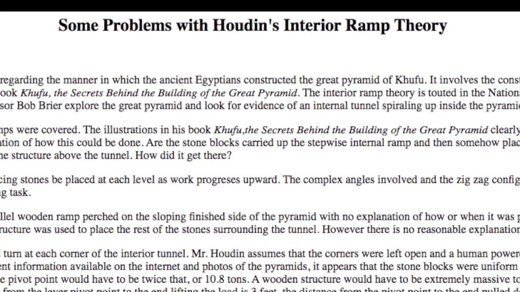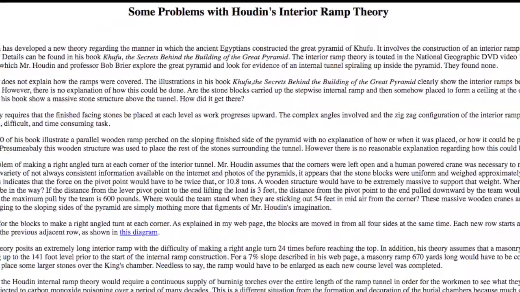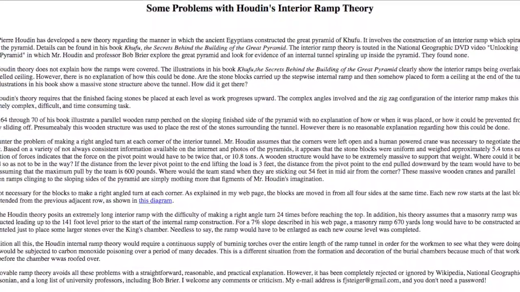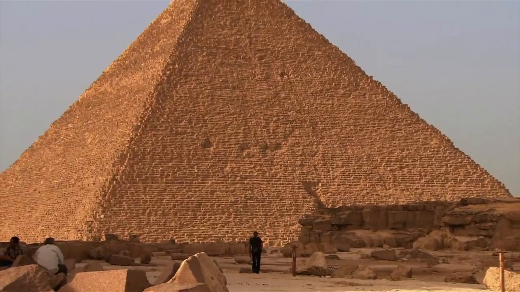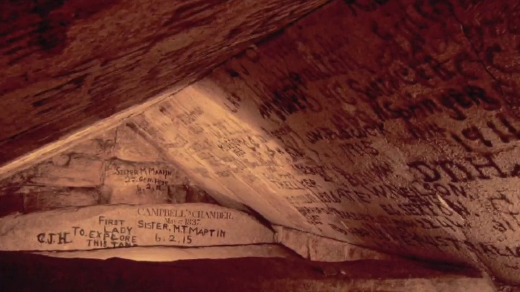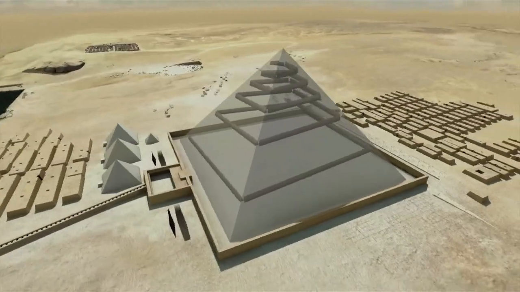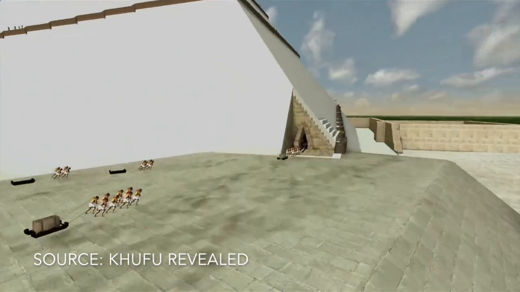The third and final part of the video will focus on criticism of the theory. Personally, from what I've seen online, reaction to Jean-Pierre Houdin's internal ramp theory over the years has been fairly positive, but as we know, every theory has its detractors. Evidence against the theory then will go here in part 3. I'll then offer my own closing thoughts for what they're worth to round out the video, so without further fanfare or introduction, let's get stuck in.